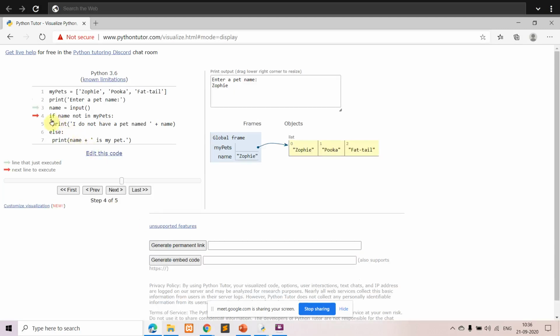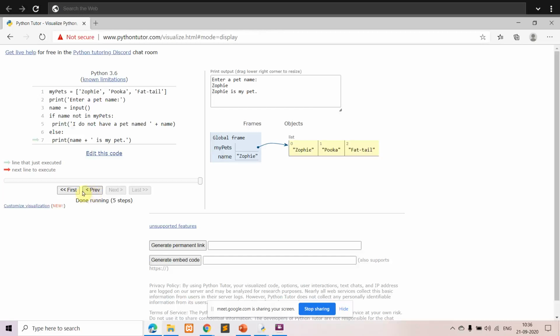Now what will happen here: you are checking if name not in my pets. In this case, it is there, right? Zophie is there, in the first index position. So the else part will be executed and the message that Zophie is my pet will be printed.